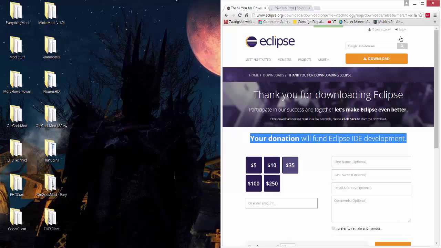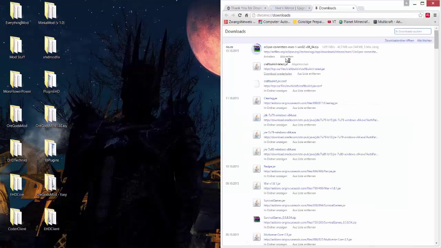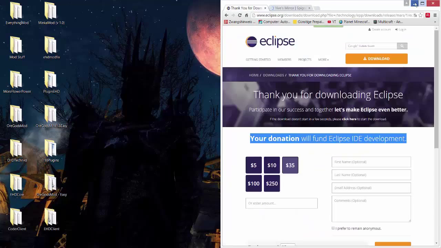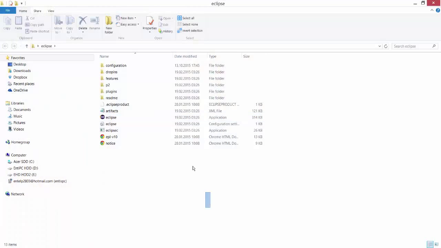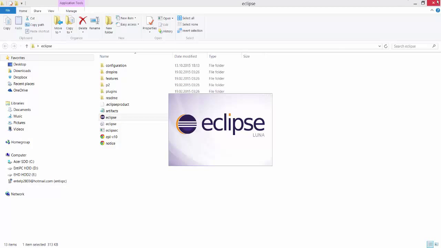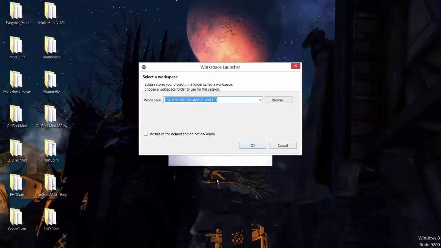I have already done it, so I can just turn this off, and I have to find my Eclipse folder. 1 second. So here's now the Eclipse folder with all the extracted stuff, and you just double click on the .exe or application file, and